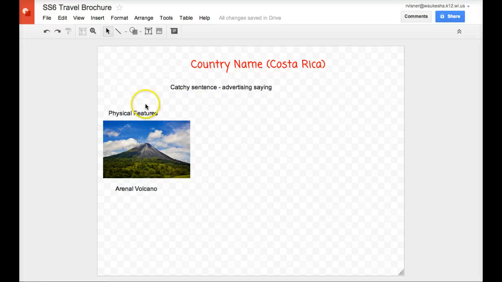So you're creating physical feature information, you're talking a little bit about the culture and the history, and you have a catchy sentence that would draw people to the country, that tells them a little bit about what that country is all about and why tourists should come to visit there and spend their money there, rather than visiting a different country. So if you have any questions about how to complete this assignment, don't hesitate to email me,